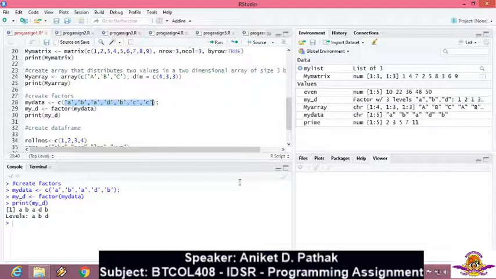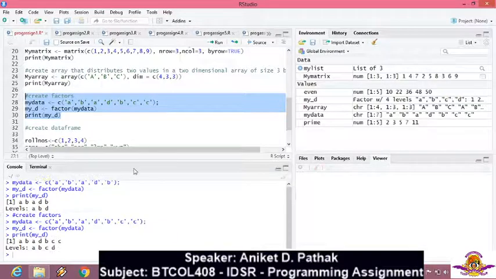But if I run this again, I select it and I run it again, if you observe now, the levels are now A, B, C and D. So as my vector has 4 distinct elements, this factor data type is useful while I am analyzing data which can be categorized, or in data analysis.